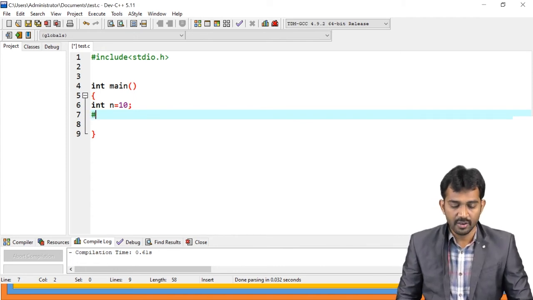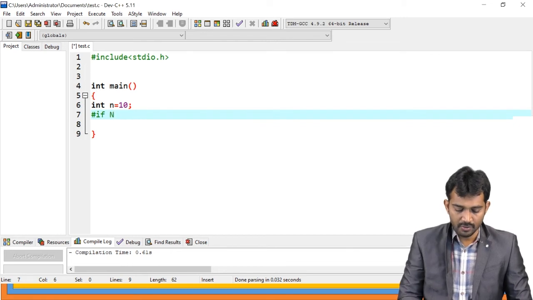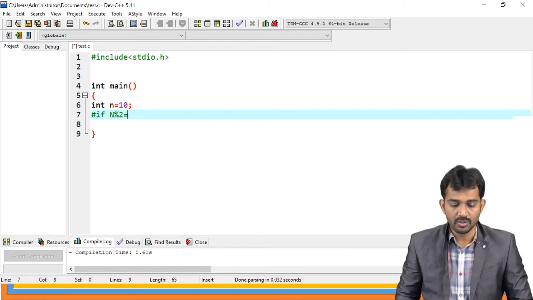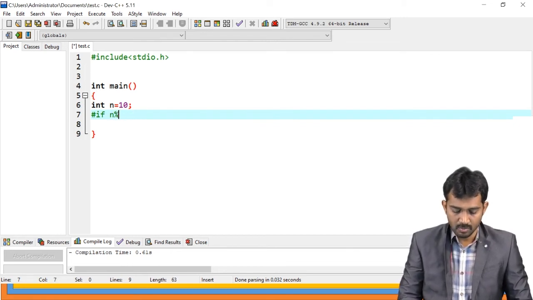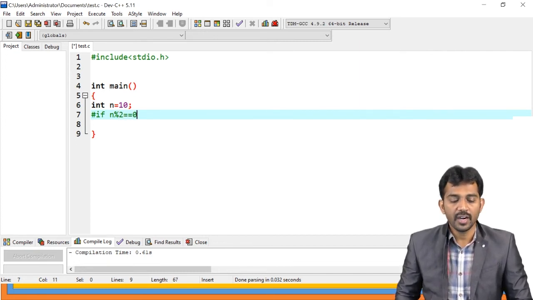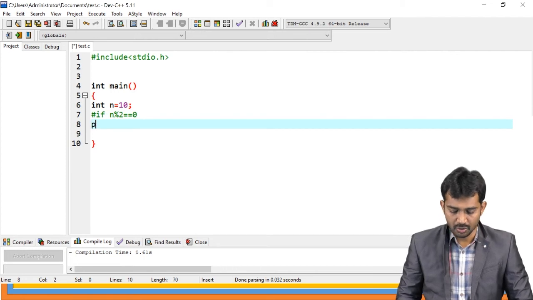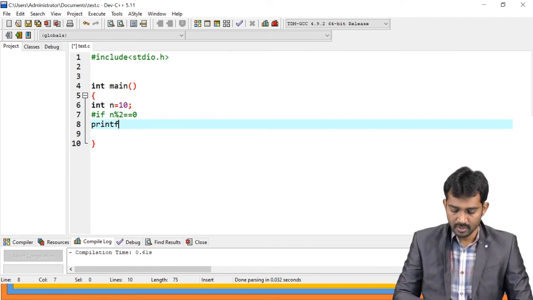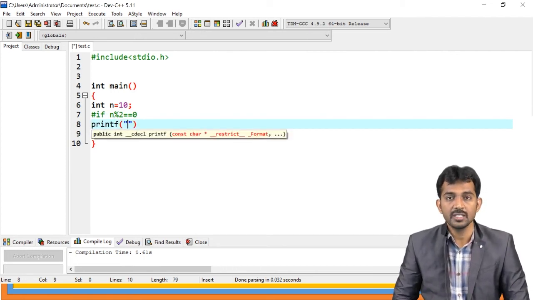See, #if n modulo division 2 is equal to 0. If the condition is true, see, printf even, right? The condition is true means it is even.